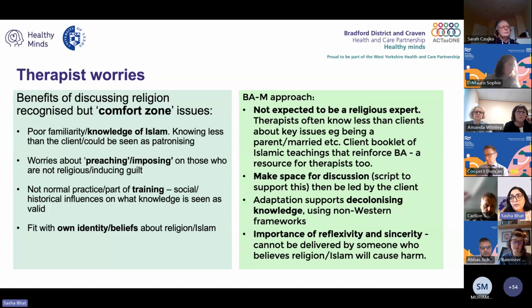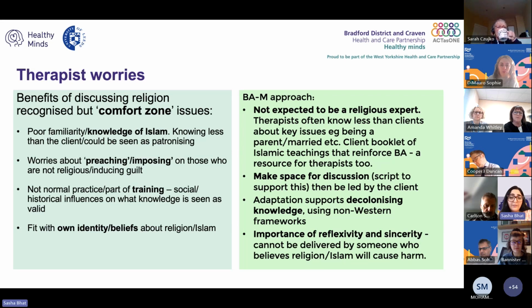I think there were lots of things around therapist worries as well. Previously, therapists sometimes did not want to undertake this kind of approach, through maybe lack of understanding, lack of knowledge, or not having the time to do that. And this really made that space